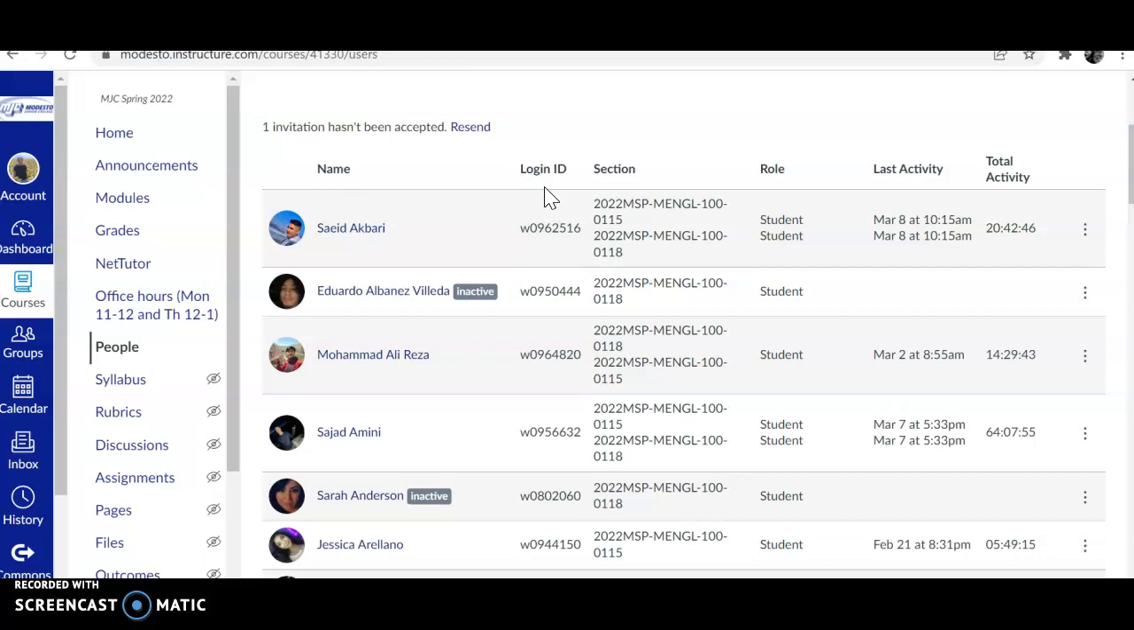It looks like students who added after I merged my two sections show two sections here. I don't know if I said that clearly, but you see how Saeed, Muhammad, and Sajad all added after the beginning of the term, and they all show two sections. So I'm thinking that means they get